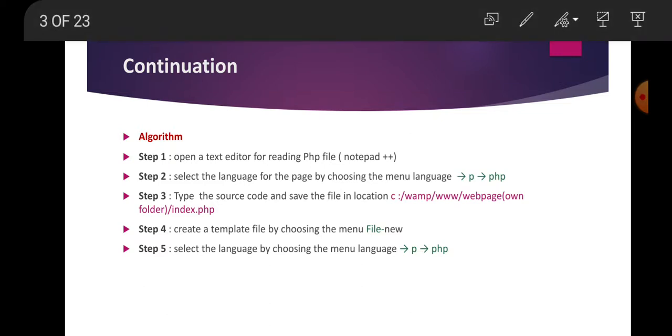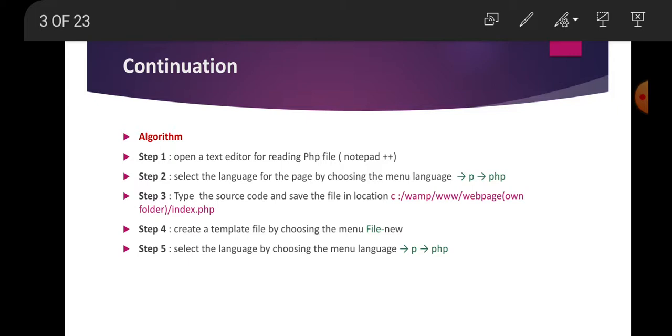First, we are going to design index.php. Before that, I will explain it through a program. Just I give here the procedure for how to create the file and where to save the PHP file or CSS file, etc. First, a text editor for reading or writing the PHP file.